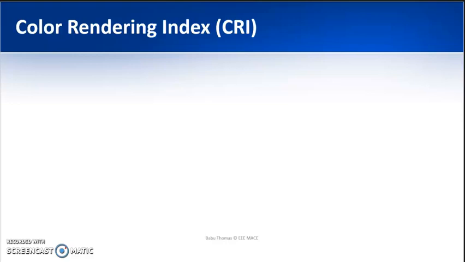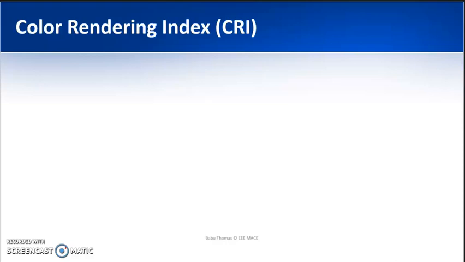While driving during the night time, you won't be able to find out the color of the car which is coming opposite to you. But during the daytime, it is very easy to identify whether it is red, black or green. But during the night time, it may not be possible, because it depends upon the type of the light source which we have.